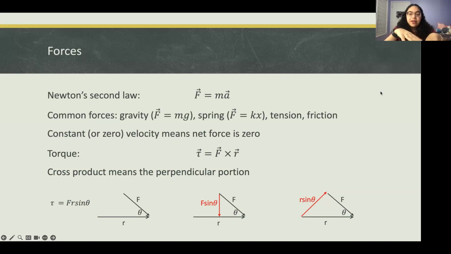Or the other option is you find out what part of the radius is perpendicular to the force. That's that red arrow. Based on the triangle, you know that becomes R sine theta, so it'd be R sine theta times force. Now it's sine theta in this example, but it won't always be sine theta. Just know the perpendicular part. It could be a sine, it could be a cosine, but figure out a component of either force or radius that's perpendicular to the other one. If you've taken physics one, you may remember the weird torque problems with things hanging from things; it could be a sine or a cosine depending on what angle you get. So don't always think that it's sine, but in this basic example, it would be sine.